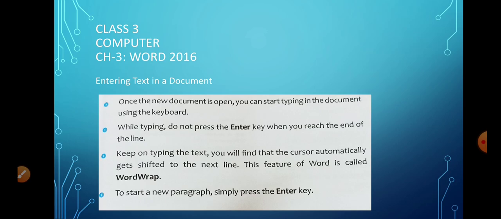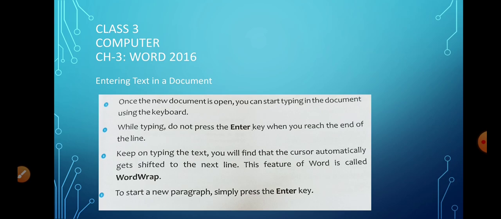When you write this paragraph, the width of the page cannot fit all the words in one line. You don't have to press Enter on reaching the edge of the page. Word 2016 has this feature of fixing it automatically, arranging it in order.